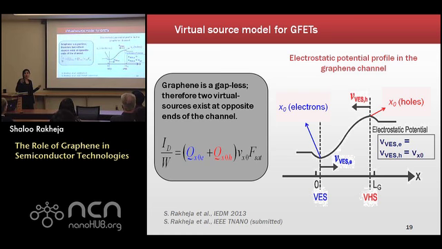Note that even though I've called both of these points X0, these exist at opposite ends of the channel. And because of the perfect symmetry between the conduction and valence bands in graphene, the virtual source injection velocities for both electrons and holes are identical, and we call them VXO. So the current is simply given as the superposition of the electron and the hole branch currents. And again, we have the function fsat over there to achieve this transition from saturation to linear regimes of transport.